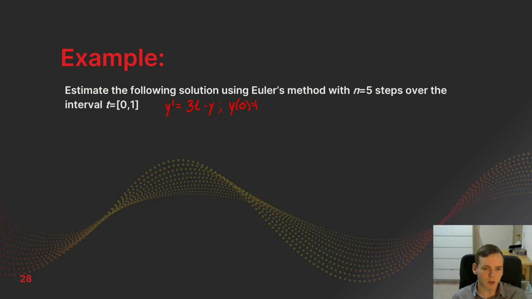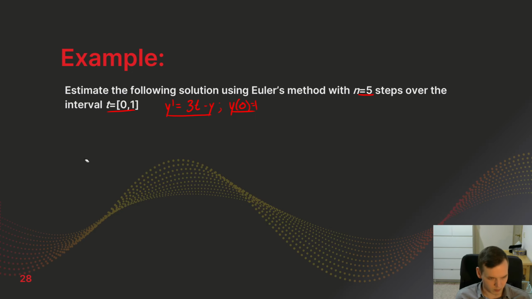Let's look at another quick example of Euler's method. This is going to use n equals 5 steps over the interval t from 0 to 1. We have the initial condition of y of 0 equaling 1 and the differential equation here. So in this case, let's write out our function here,